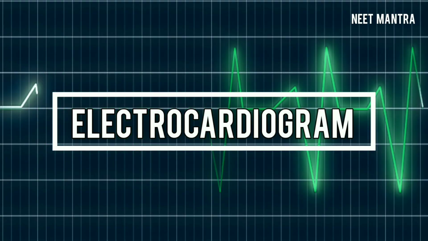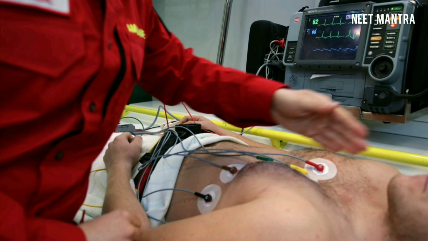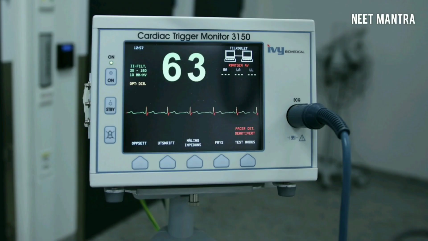Electrocardiogram. The electrocardiogram is defined as the graphic record of electrical activities of the heart, obtained by placing electrodes on the surface of the body that records the voltage differences generated by the heart. Electrocardiography is the method of recording of ECG. Electrocardiograph is the machine that records ECG, which amplifies the voltages and gives a plot of voltage as a function